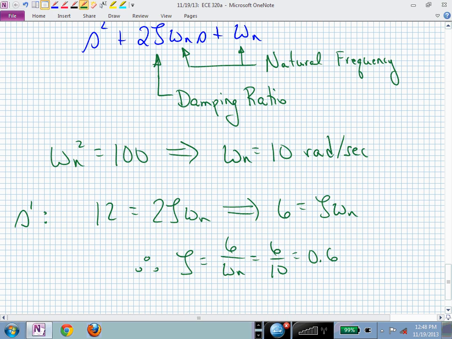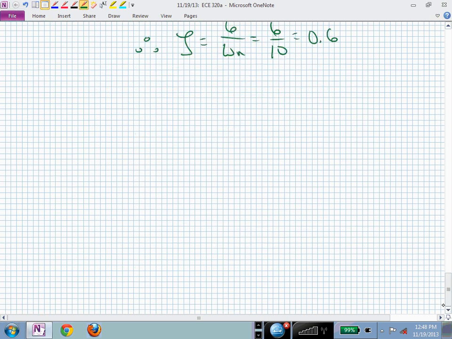And we're going to be living on this arc from the origin of radius omega sub n. Meaning, pictorially, I keep talking with my hands. In pictures, where were we? We were at minus 6 plus and minus j8